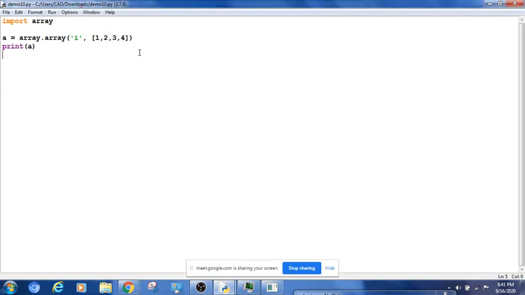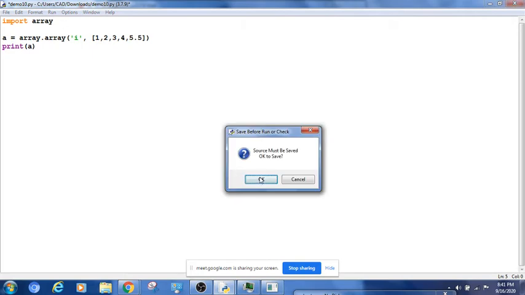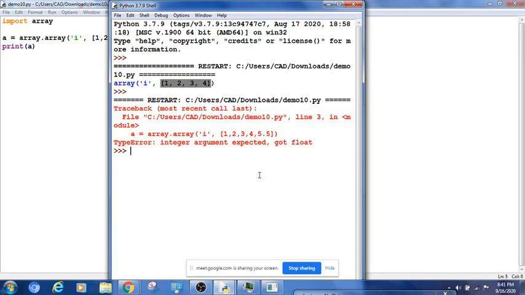Let's take an example. I will add one different element into this. I will say 5.5. 5.5 means I added a float along with the integers. Let's see what it says. It will throw an error. Why? Because it says integer argument expected but got a float.